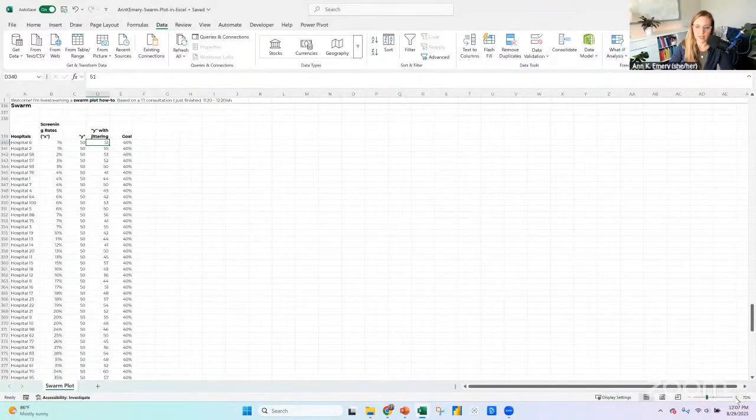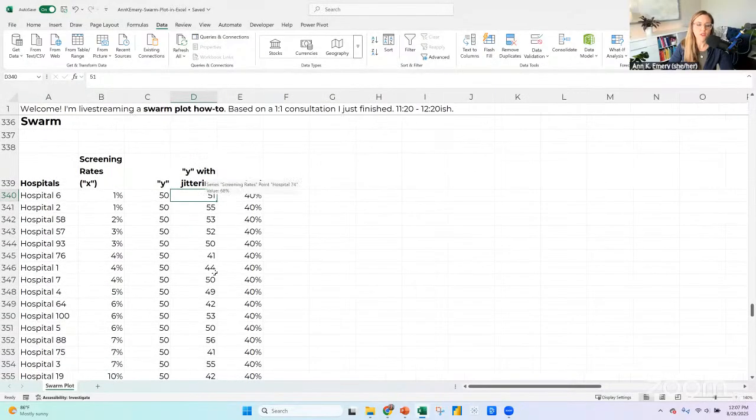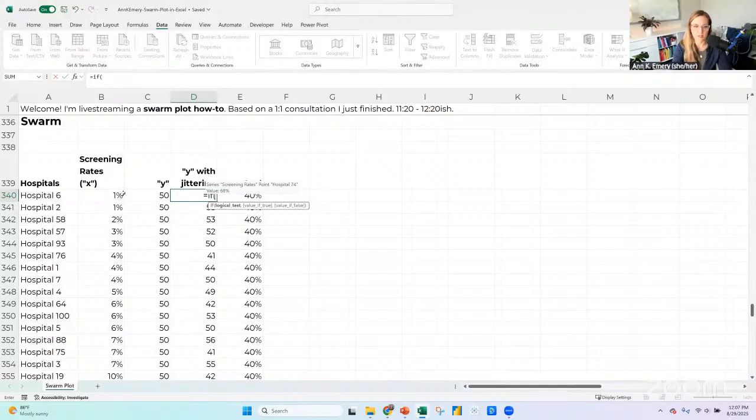I feel like I could write an if statement to do this for me. You can do it manually if it's just a one-off chart, but I do so many dynamic dashboards that have to be automatically updated that I'm always looking for formula solutions. I feel like the formula is something like: it starts at 50, and then if that is the same as the thing before it, if those are equal,